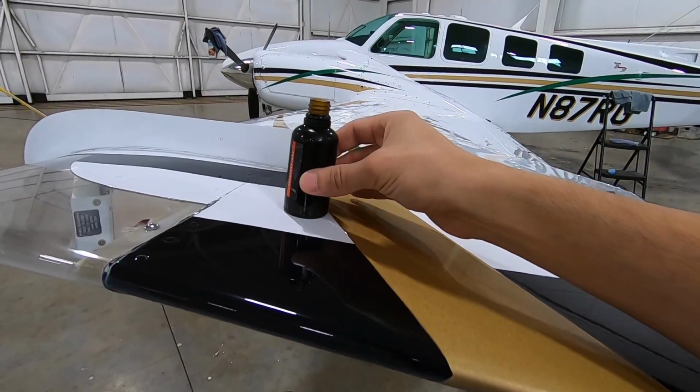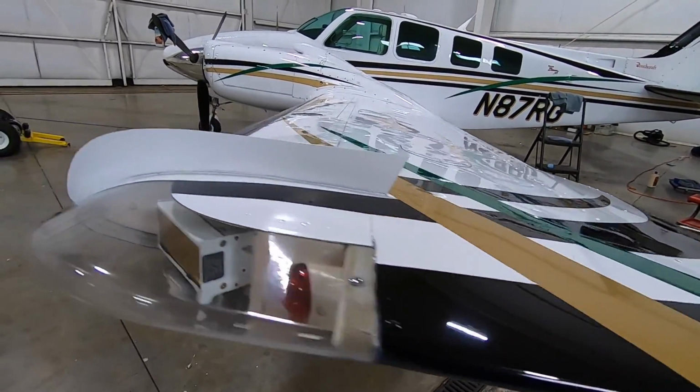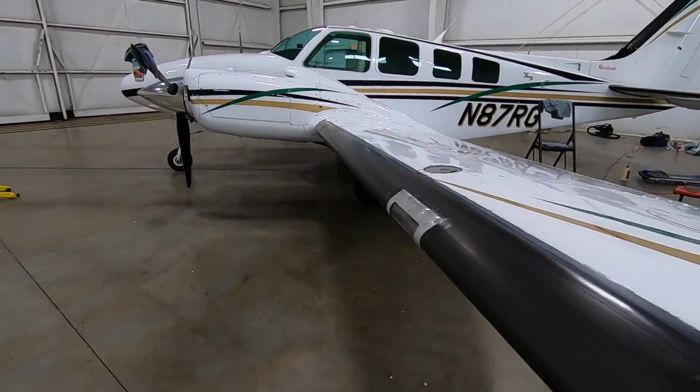Like it, I'm sure it has some angle, but it wasn't doing this before. See that gloss. Speaking of gloss, now we're gonna shine up the boots. So first we're gonna strip them, then we're gonna shine them. So that'll be next. After that, spinners, then we'll go inside, clean up the inside a little bit, and fly